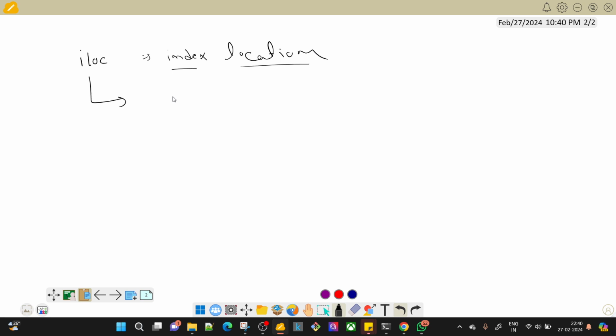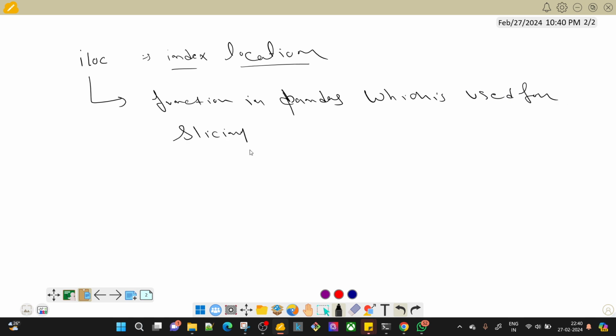This is basically a function in pandas which is used for slicing of data frame. क्लियर. इसका सिंटैक्स क्या होता है, iloc, देन रो इंडेक्स